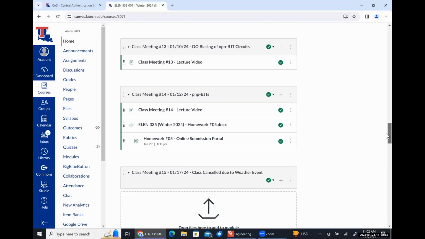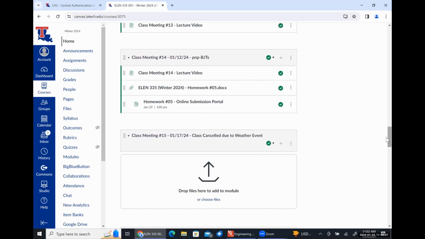All right, so with regards to homeworks and all of that kind of jazz, there's homework number 5 that I put up on Canvas earlier today. That was the one that I was supposed to put up a while back. It's all about BJT circuits effectively. So if we look at it really quickly,